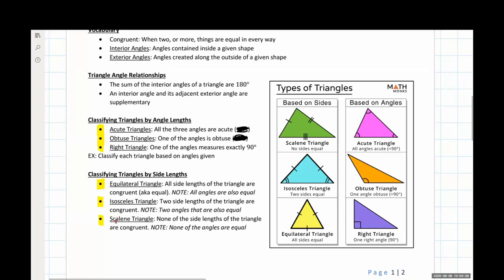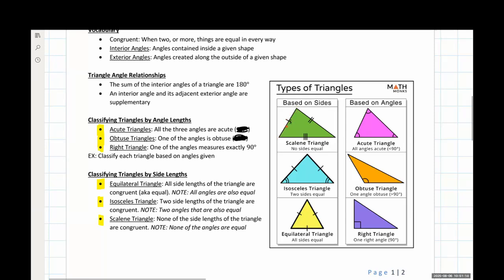And our last one we refer to as scalene triangles. Scalene triangles have no side lengths that are congruent to one another, meaning every side length is different. Now, this is sometimes denoted without having any of these little marks in here at all. Sometimes it's denoted with showing three different marks on the side lengths. Sometimes it's denoted with just showing this has a number, that has a number, and that has a number to represent the side lengths.